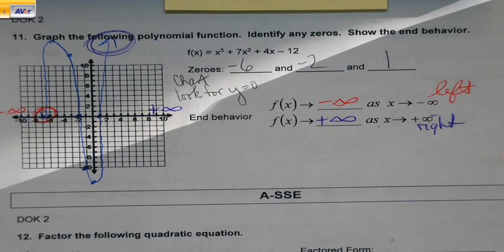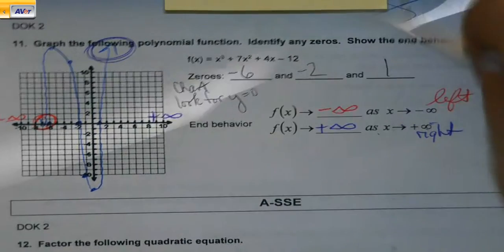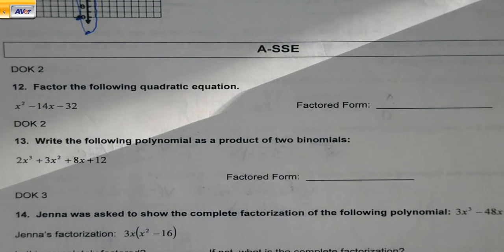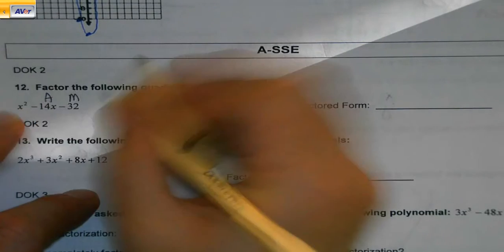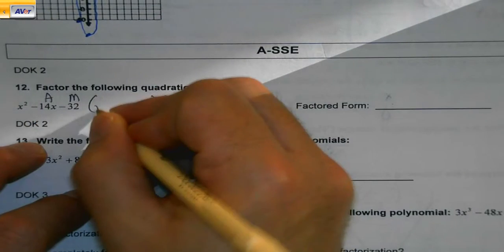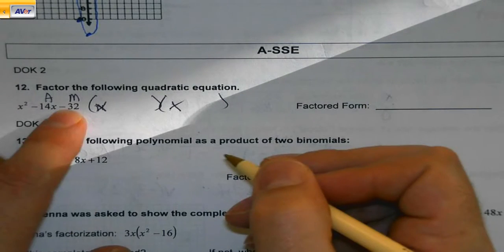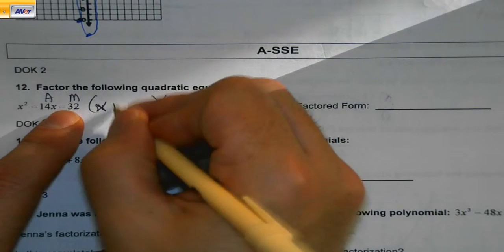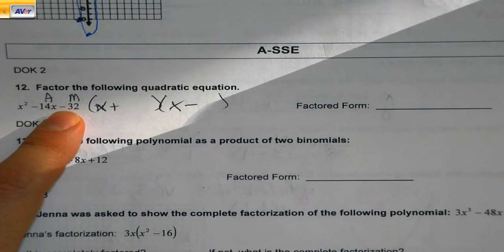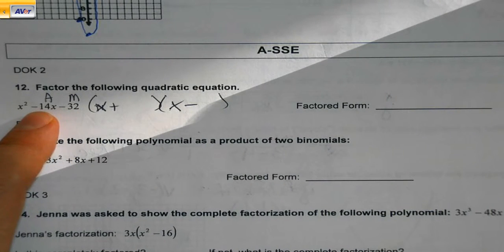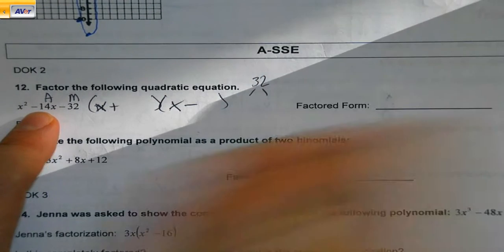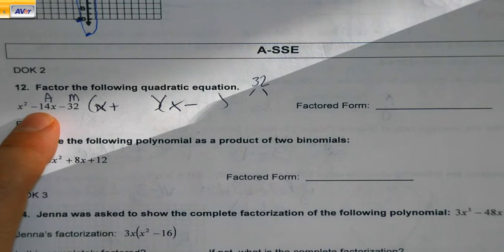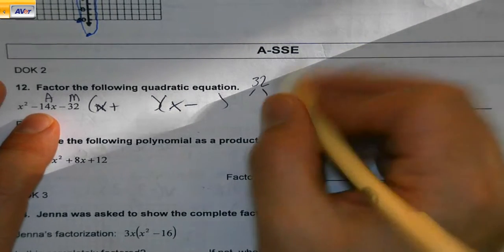So hopefully most of this stuff, except for maybe the inverse one, should be a little bit familiar if you've done some of the things that we're doing in here. Okay, factoring, you had to know the algebra 2F word was coming. So multiply and add. Let's see here. What do I know? I know the multiply is a negative, which means it's one of each sign. I know the add number is negative, which means the negative number is bigger. So I need two numbers that multiply to 32 that are 14 apart because the signs are different. So if you start dividing numbers into your calculator,